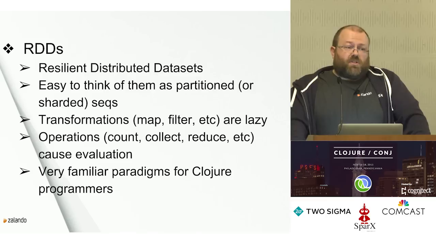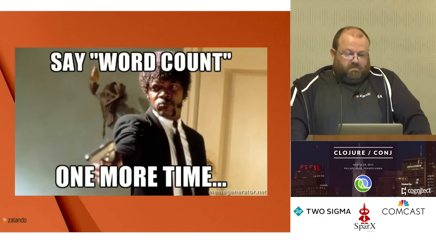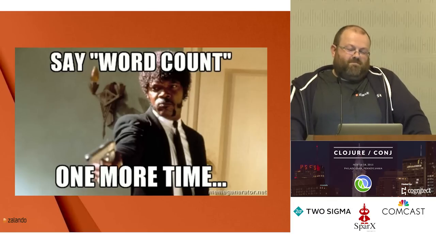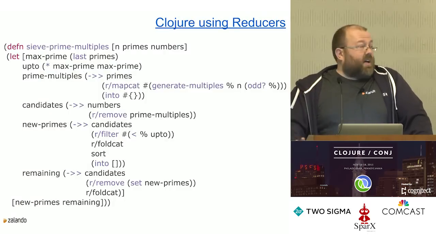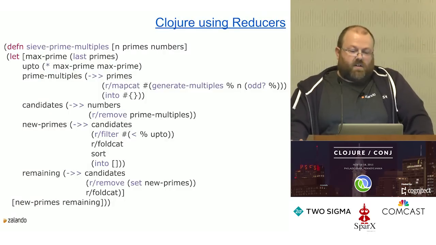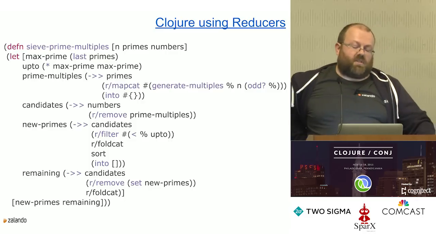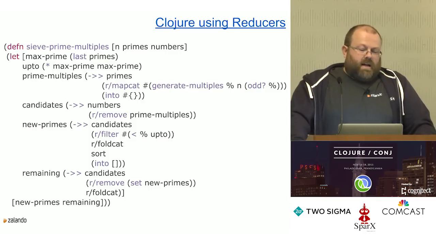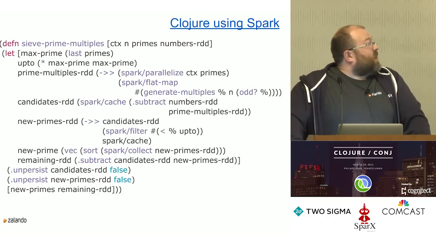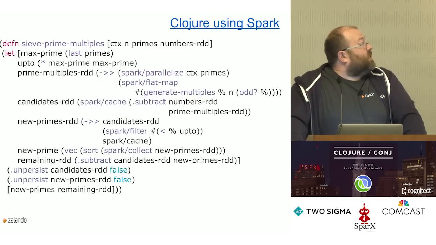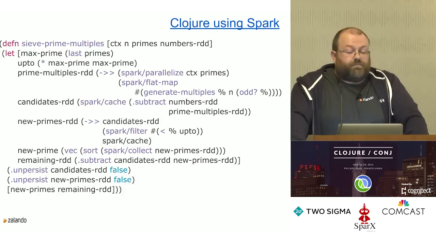So to give you a brief demonstration, I'm going to give you everybody's favorite machine learning tutorial. Okay, let's do a different tutorial. I'm not going to spend a lot of time on this slide because the next slide is very similar. This is what code looks like in Clojure, just with the reducers library to sieve out some prime numbers, to be more accurate. This is the Spark code. You can see that the shape is very similar between the two. Map, filter, remove, subtract, stuff like that.